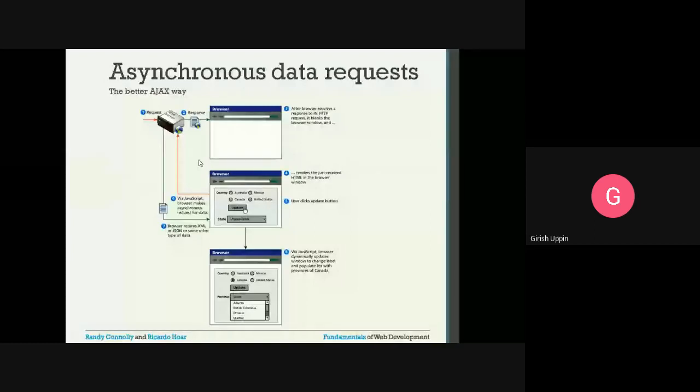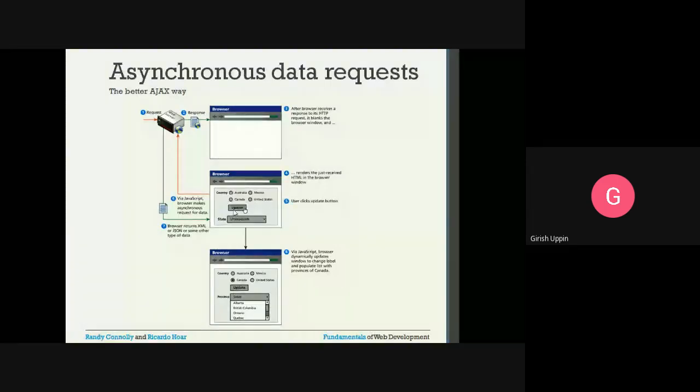Now the request comes for the form, then the server responds with the form, the browser blanks out and loads the updated form. Then the user selects the country and clicks on update.